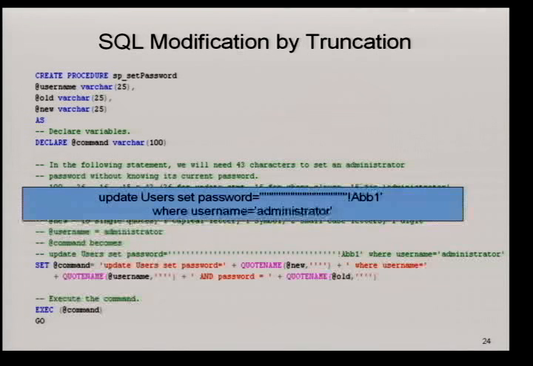In this particular example, because it's a password, people might be checking for password complexity rules. Just pass like 18 single quotes and a bunch of other characters so that you will get past those rules. So here, if I pass like 18 single quotes and 5 other characters, QUOTENAME is going to add the beginning delimiter and ending delimiter. That way I can truncate the command right after where username equals to administrator. So, any questions on this issue?